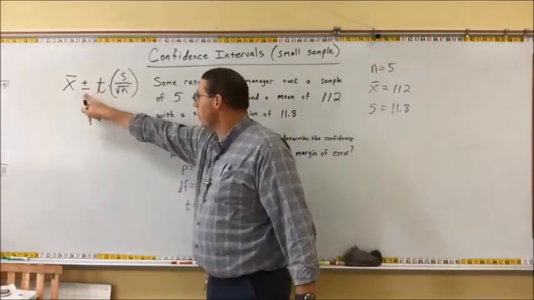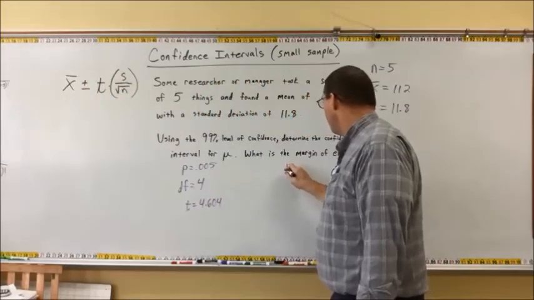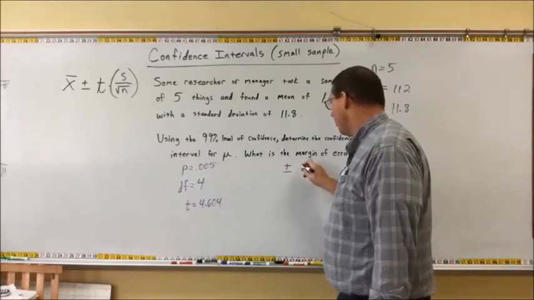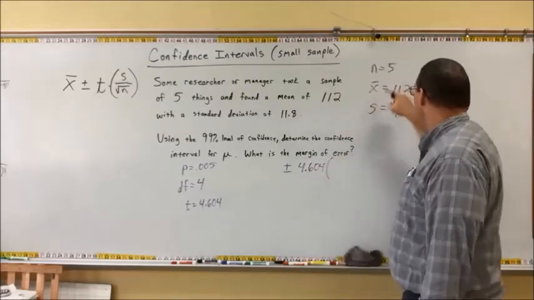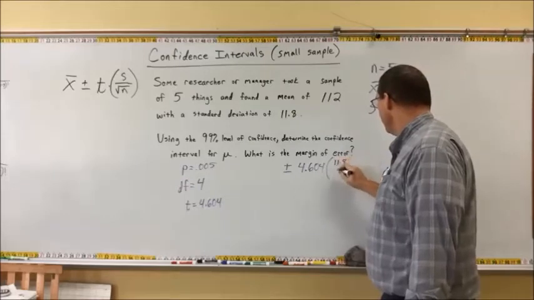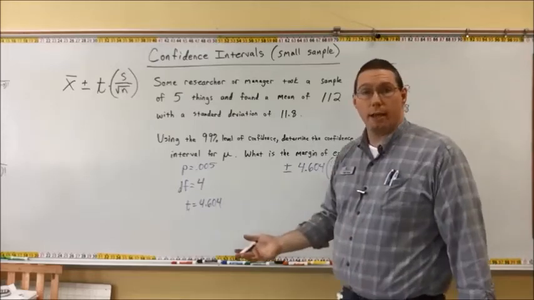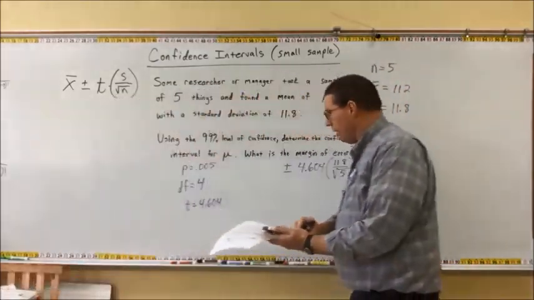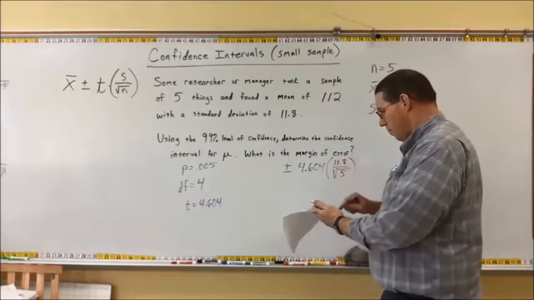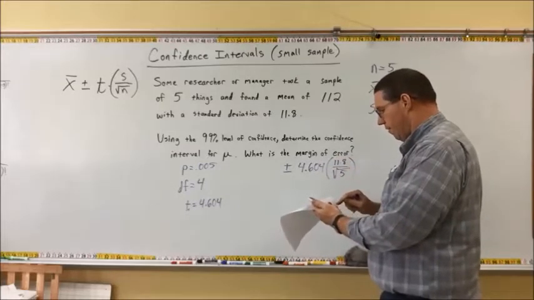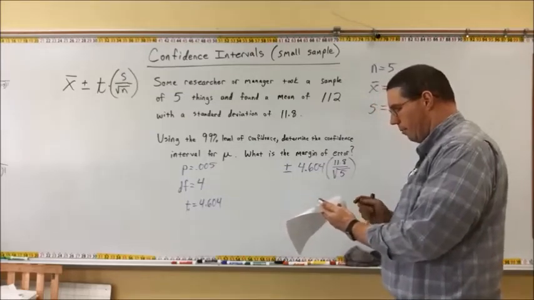And so now we can identify the margin of error. The margin of error is plus or minus t times standard deviation over the square root of the sample size. So that's going to be plus or minus the t statistic, which is 4.604, times standard deviation, 11.8, divided by the square root of the sample size, which is 5. And now we're going to grab a calculator to calculate this. 4.604 times 11.8 divided by the square root of 5. Okay, and then we'll press enter and we get